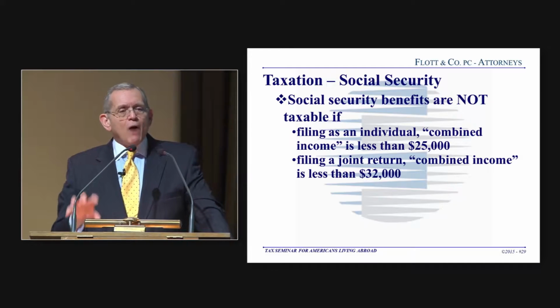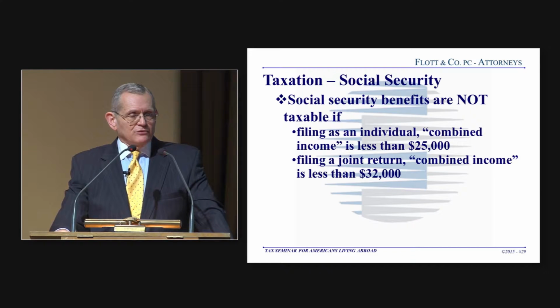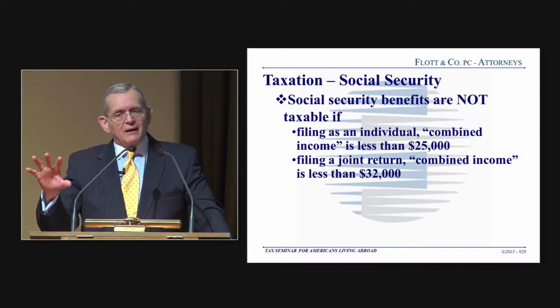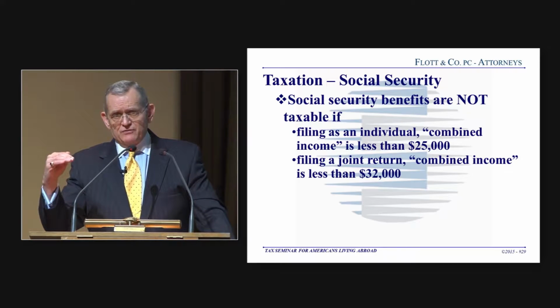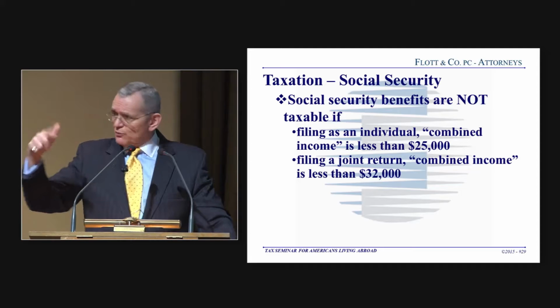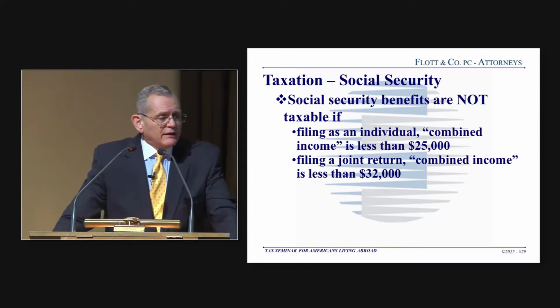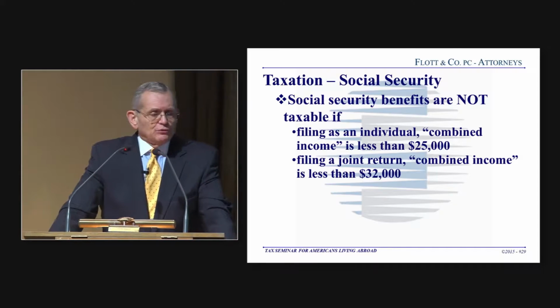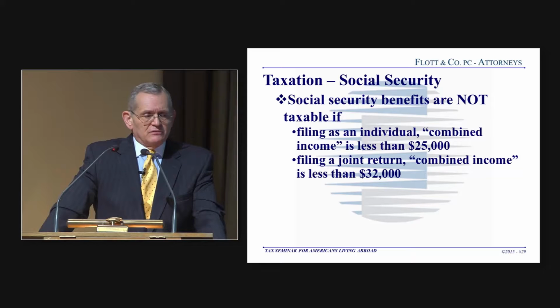Then there's a question of how much of your Social Security is subject to tax. So two different questions. One, do I have to file a return at all? And if I'm a recipient of Social Security, on the earlier slide, we were explaining how you'd go through that calculation. Now, if filing as an individual, your combined income, I'll explain that in a minute, is less than $25,000,